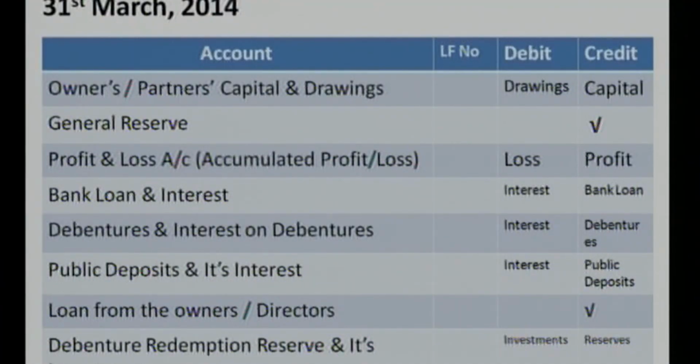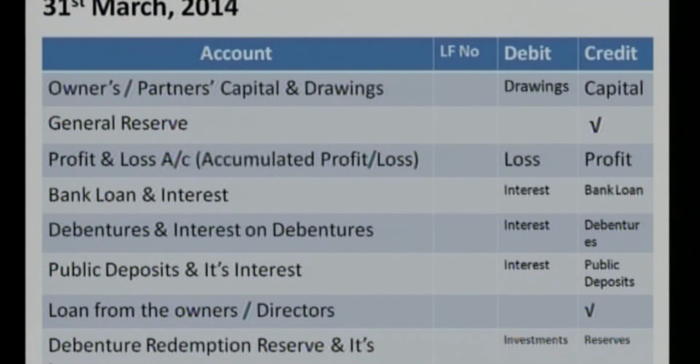So let us go through the trial balance sheet, how we have to prepare the trial balance, and I would like to discuss each and every account that may appear at the ledger. So let us start with the balance sheet. First one, the heading: trial balance sheet of Messrs ABC. We have to mention the name of the business as on. Again we know that at the end of the accounting period we need to prepare the trial balance, so we have to mention the date; I have mentioned 31st March 2014.